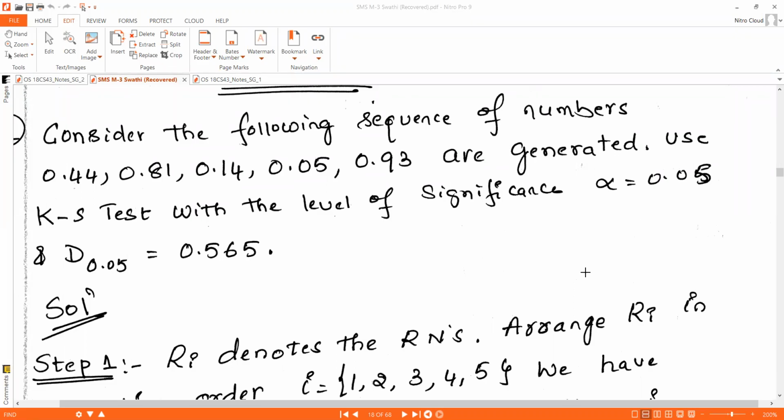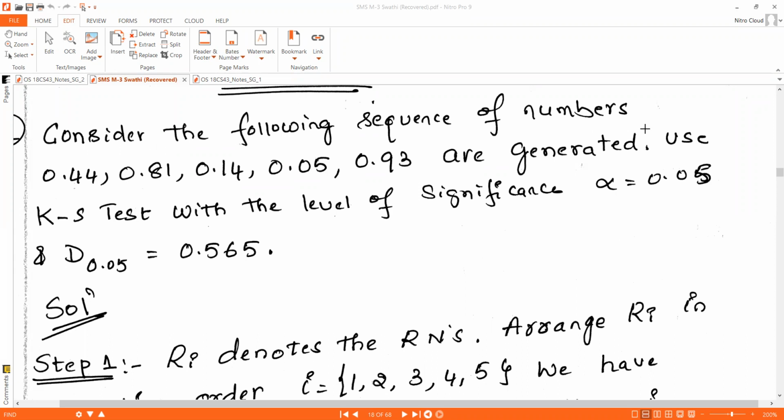Okay. In the previous session we discussed the KS test steps. Using that, today we will solve this problem. Take down this problem. Consider the following sequence of numbers: